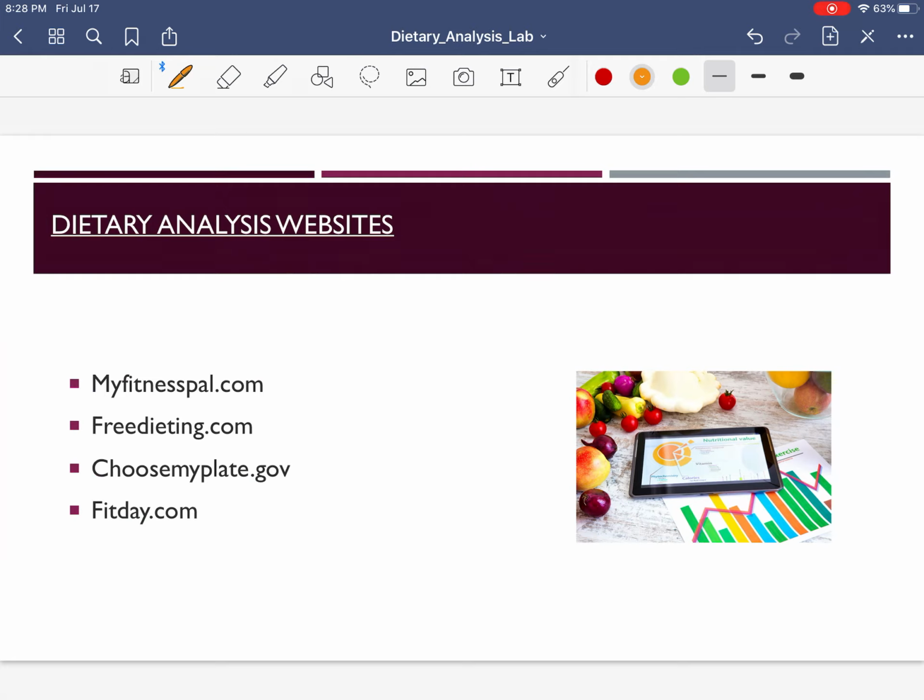Once you have that, we are ready to go to our websites. We're going to use these 4 websites, folks. We're going to be using MyFitnessPal later in this semester, and this is the one that I like. I think it's the most user-friendly lately. But because I want to get a range, we're going to go to 3 other websites for a total of